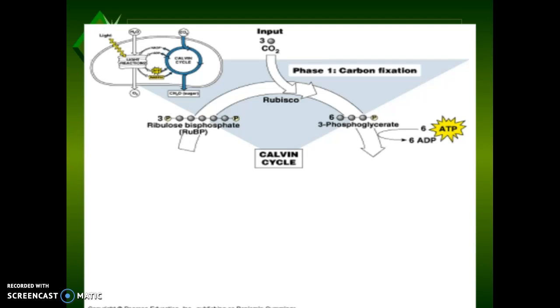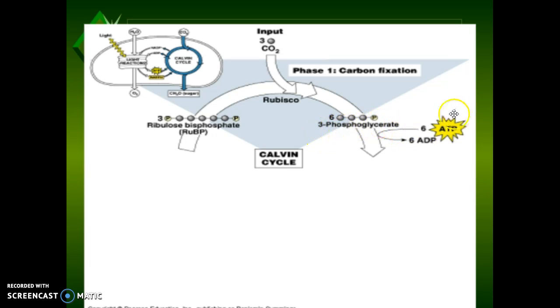So if we look at the Calvin cycle diagram here, we've got our input of carbon dioxide. Remember that this whole process, photosynthesis, takes carbon dioxide out of the air. So we need to figure out how that happens. We're taking carbon dioxide in and we're fixing it. Remember that fixing means taking gaseous anything and turning it into a solid or a liquid form. In this case, it's a solid form. So we're taking CO2 and turning it into something else that holds carbon. In this case, we're turning it into